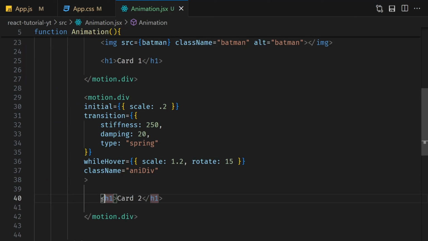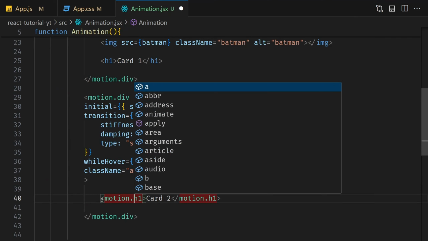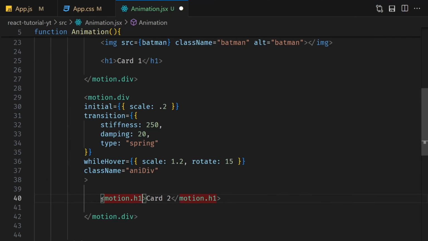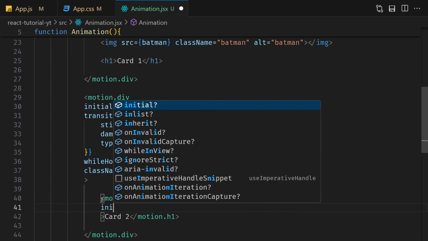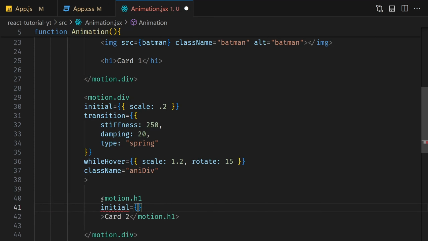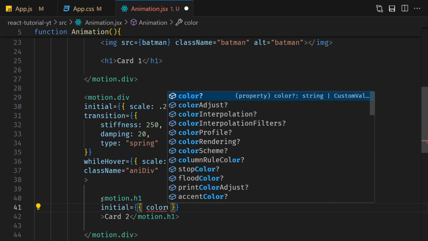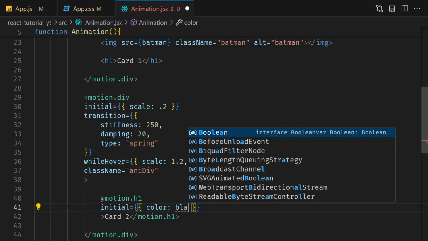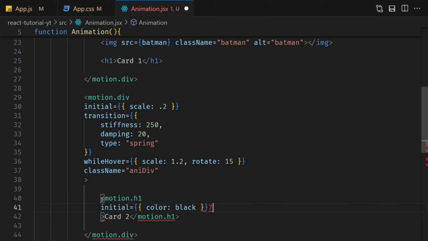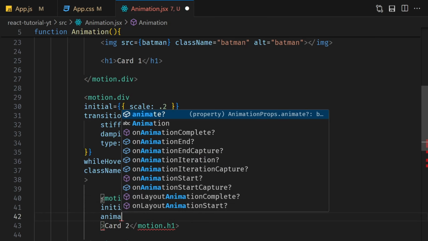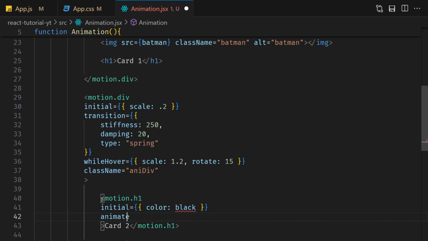We have to make it motion.h1 and initial color black, animate. Of course, let's get it to animate color gray,